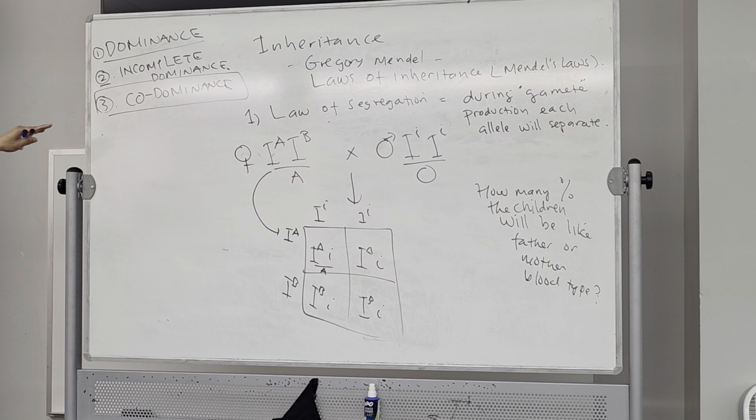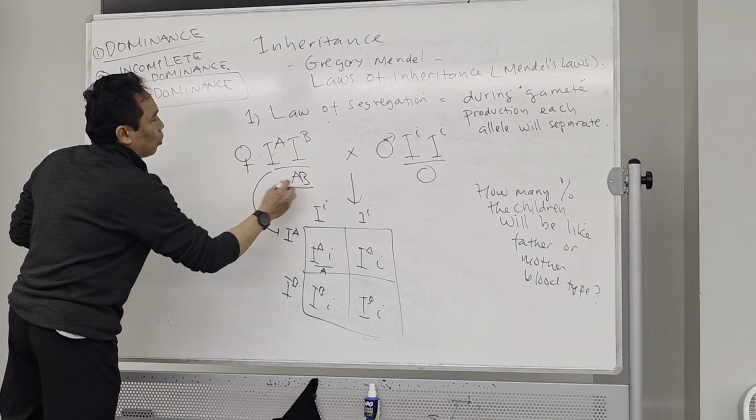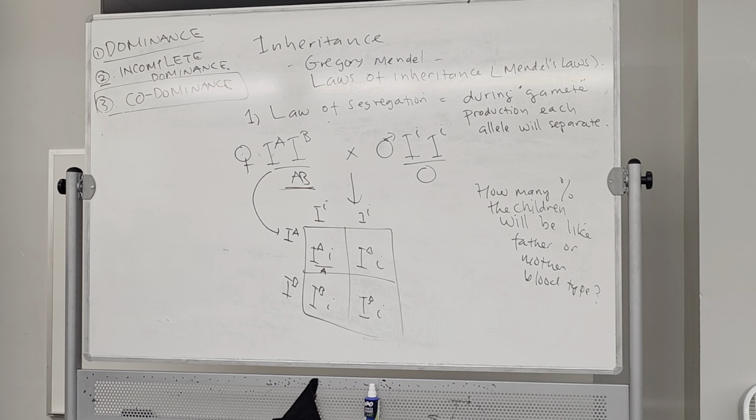So this is part of codominance, which is if it is A and B together, it will show up as an AB blood type. I think I'm going to stop here, and then for the exam, I just